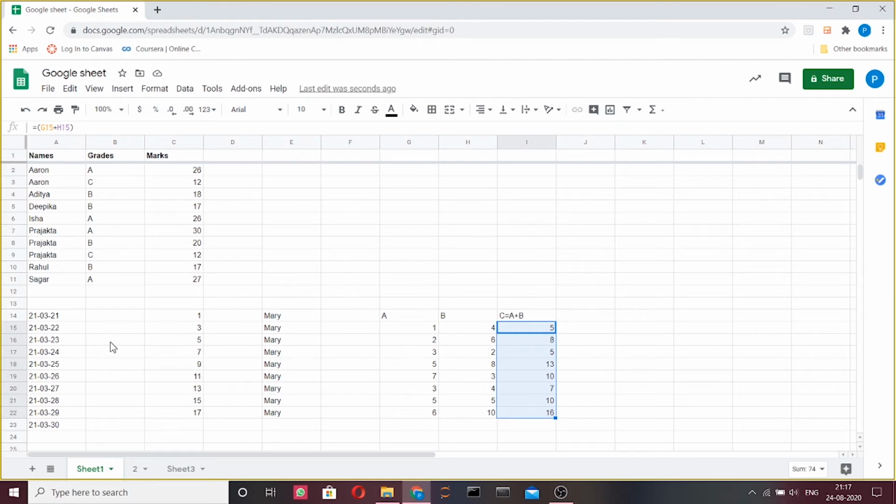As you can see, if the cells form a series of dates or numbers, the series will continue across the selected cells. However, if the cells don't form a series of dates or numbers, the list of values will simply repeat across the selected cells. Now to check, here as you can see, the formula has been customized to include G21 and H21.